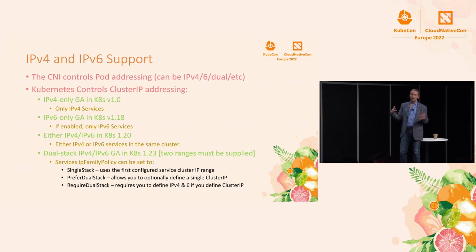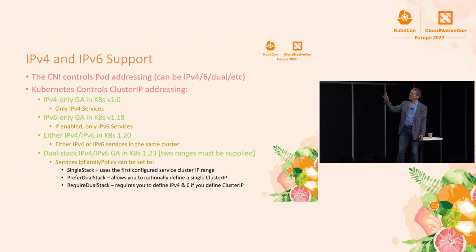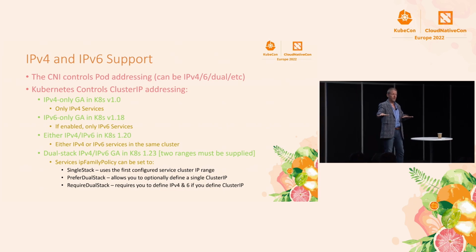And this is as far as what Kubernetes is responsible for, so the cluster IPs, right? If you had a CNI plugin that knew how to do IPv6, well, knock yourself out. That's fine. But the services are always going to be IPv4 or IPv6 until 1.20, where we got either IPv4 or IPv6 in the same cluster. Right? Now you could pick. You could have an IPv4 service over here and an IPv6 over here. Pretty cool. But you still couldn't have a dual stack service, right?